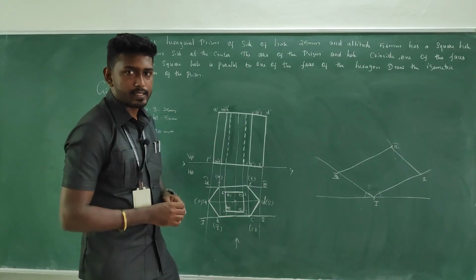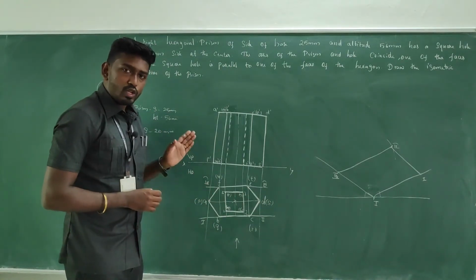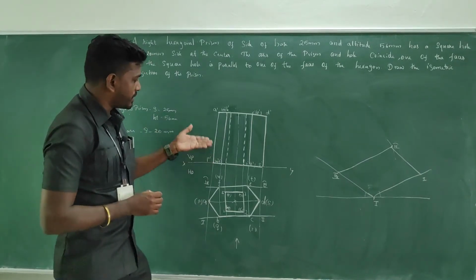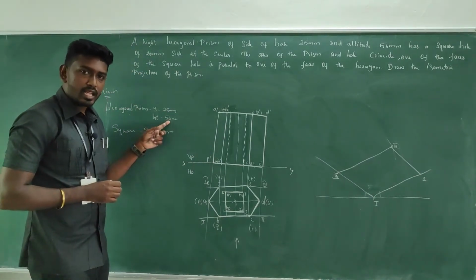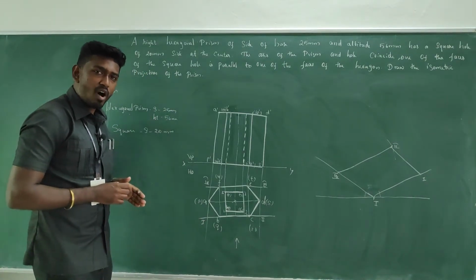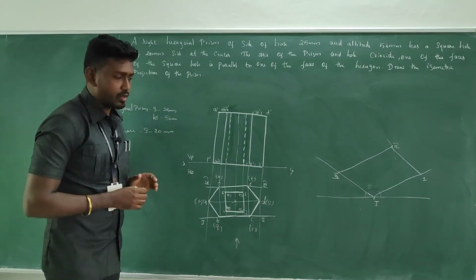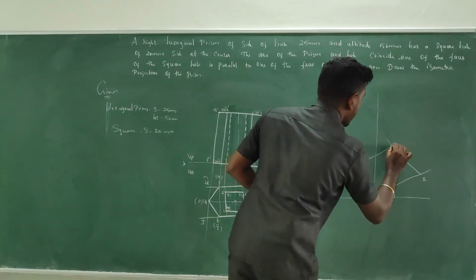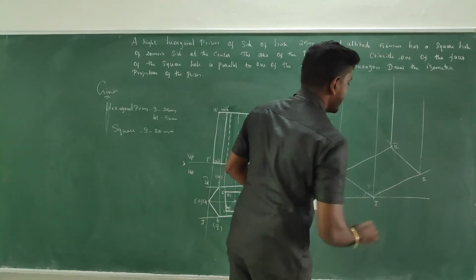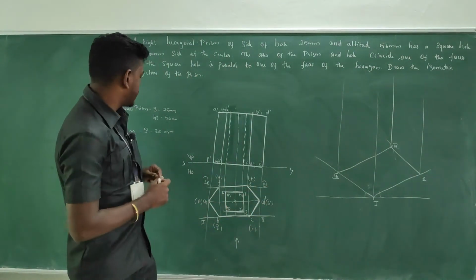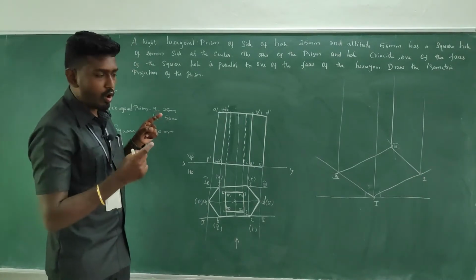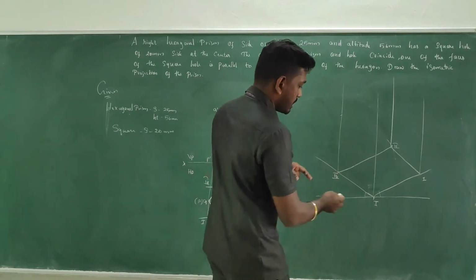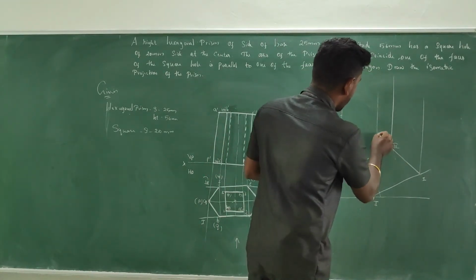What is next? We need to form the box first. What about the prism height? Prism height is 56. So form the box with the height 56. From each and every corner, rise up a line. It's a 90-degree line like this. Take the measurement of 56 in your compass. From each and every corner, have a cut. So here will be one cut. If you do it from here, you will get another cut.